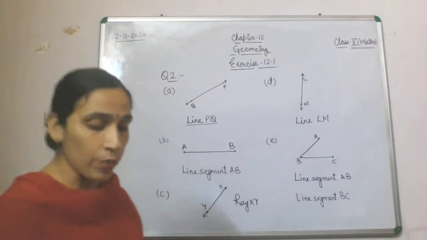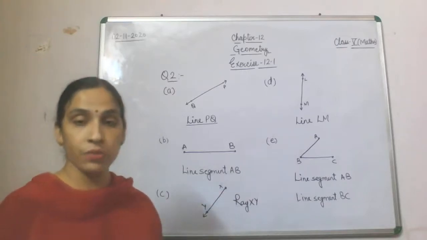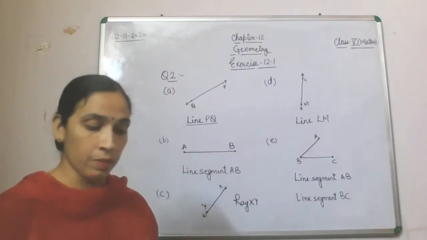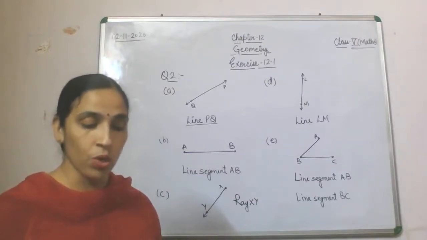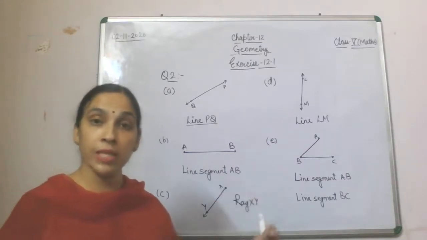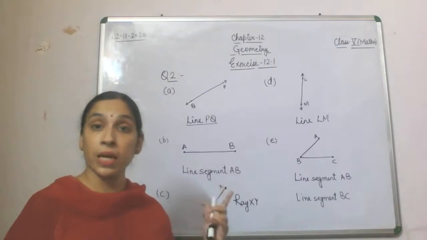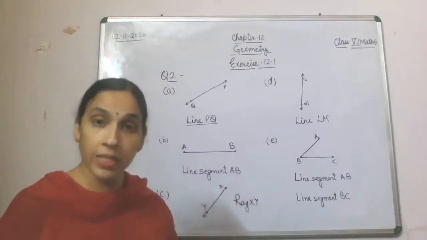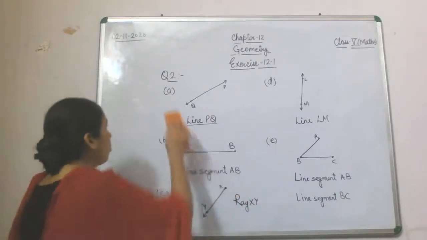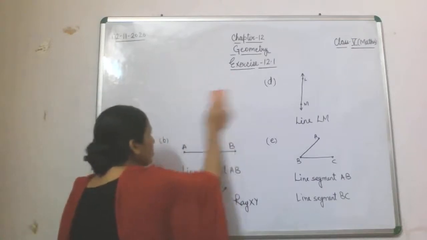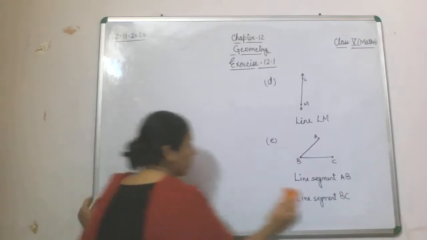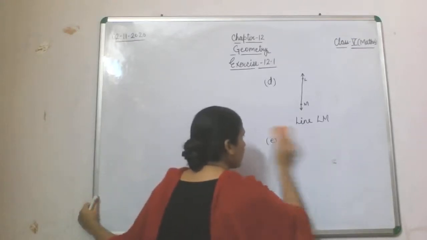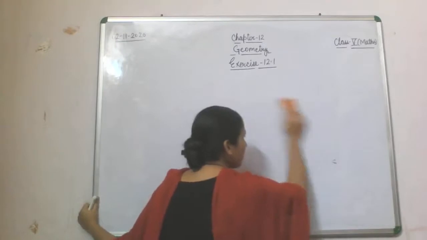Now children, question number 3, that is related to your mark pairs of points A, B, C, D, LM and PQ and draw. Fine. What I have told you, that question 3 is for understanding what is line segment and ray. After understanding it, then we are going to draw. So question number 3 is related to how you are going to draw line segment and ray. So let's start children.